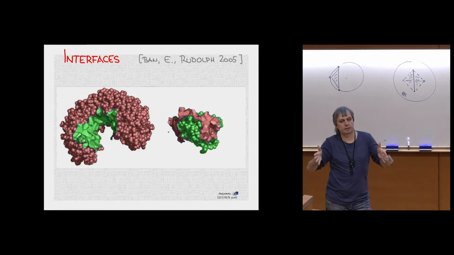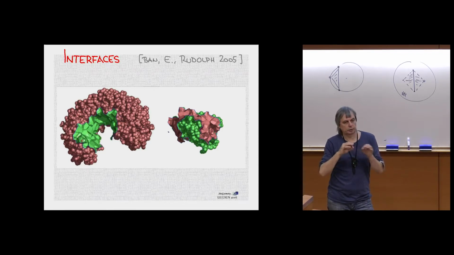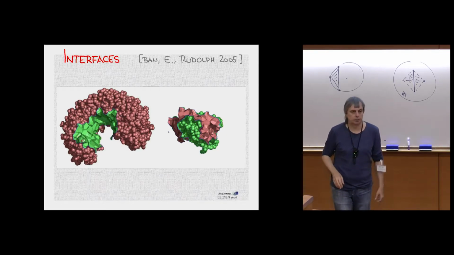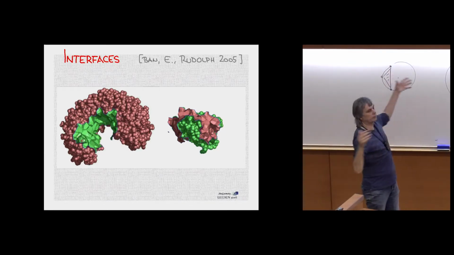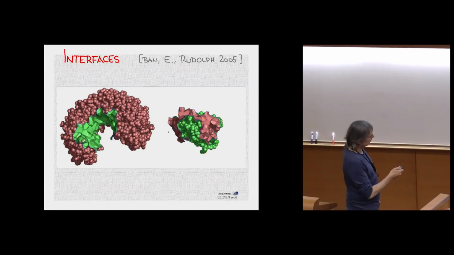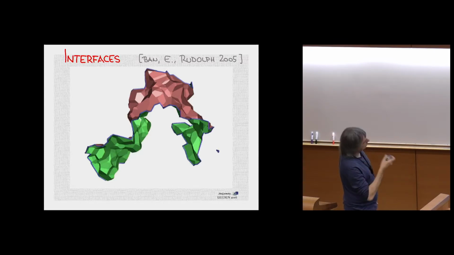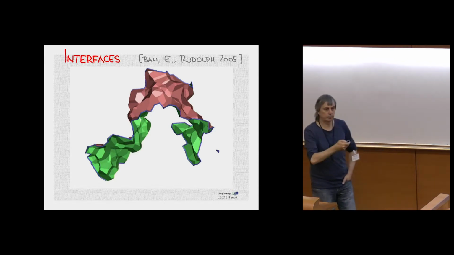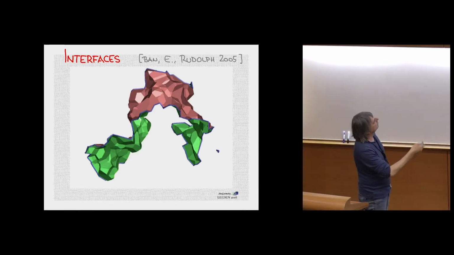You would like to trim it back, and when you trim it back, you always have the question, how far do you trim it back? That's exactly the shape question. If you have a point set, like you want to shrink it in, you want to use the wrap algorithm to get some kind of reasonable boundary. And that's what we do. We have this infinite surface, and then we shrink it back using the logic of the wrap algorithm. We get this, not entirely perfect, because there's a little piece here. It has its justification in terms of the theory, but maybe in terms of biology, you don't want to have that, but not too often this happens.